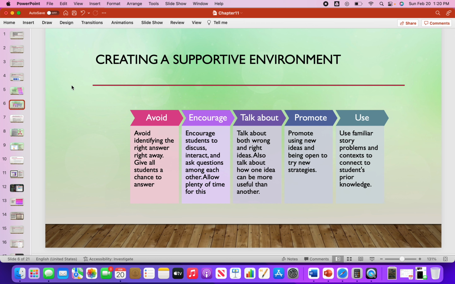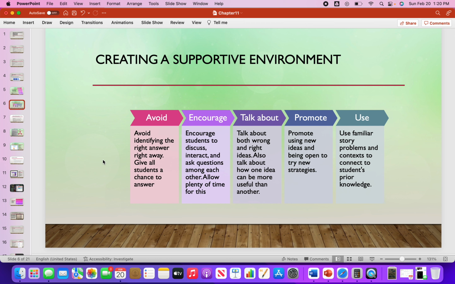Creating a supportive environment for invented strategies. As a teacher, you want to avoid identifying the right answer right away. You want to give all students a chance to answer these questions and give them time to think about them too. You want to encourage students to discuss, interact, and ask questions amongst each other, and allow plenty of time for this so that they can talk to each other and give each other ideas about how they're thinking about